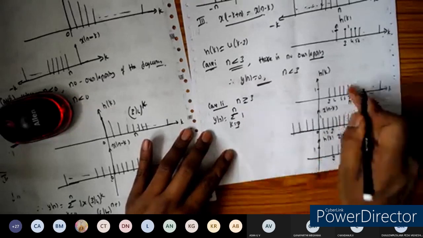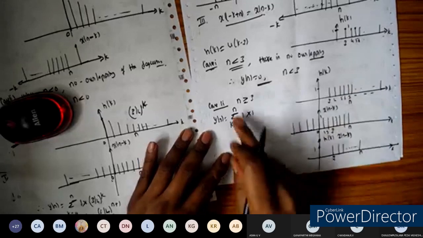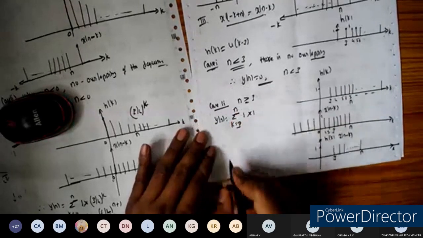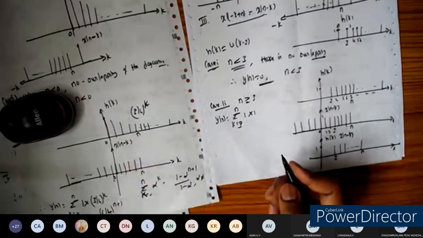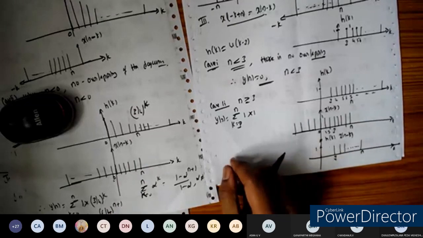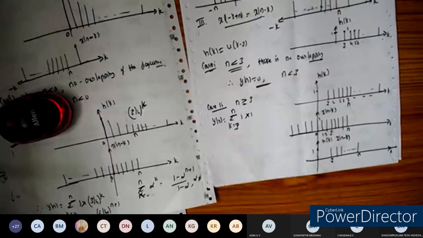My product of this one is, this is having the value 1 and this is also having the value 1 here. So we know the sum of finite terms formula, k is equal to 3 to n. So what's the formula? I gave the formula, right? Can anybody tell me the formula? We were given the list of the formulas in module 1, right? Can I get the formula?